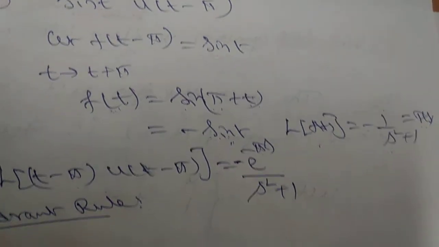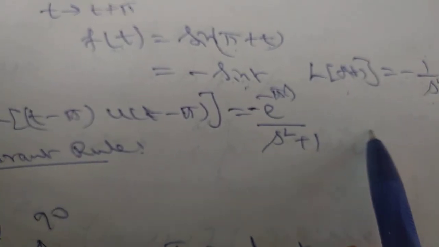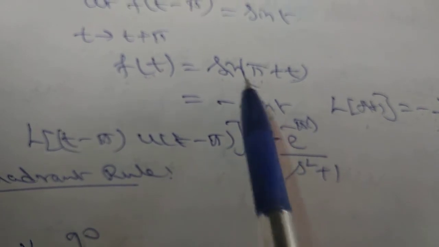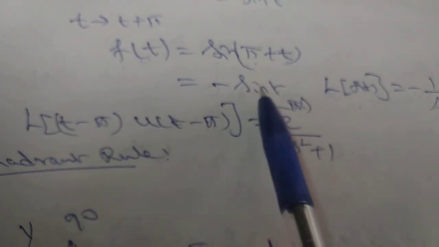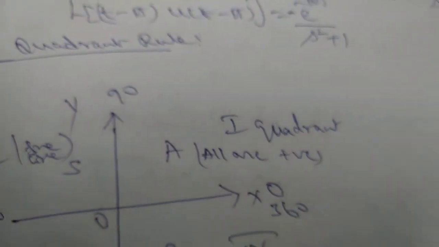So that one rule is there. What is that rule? It means the quadrant rule. See here, quadrant rule. Actually this is the answer to this problem. Now how to get this, sin 180 plus theta is equal to minus sin theta? So how to get it, by the quadrant rule. So how to write the quadrant rule?